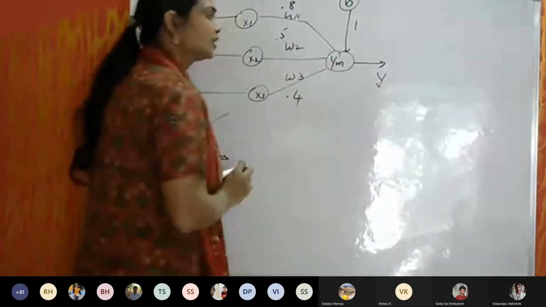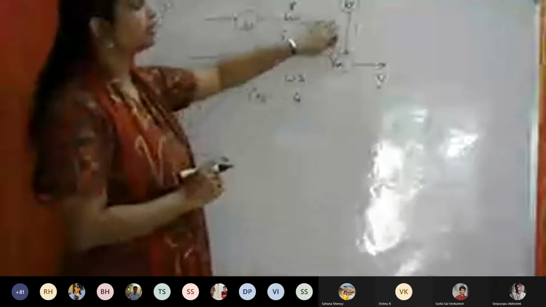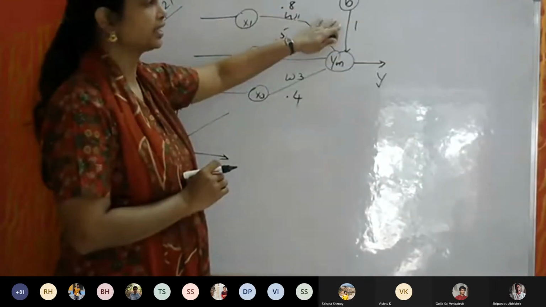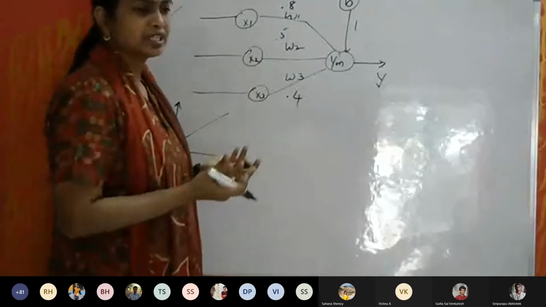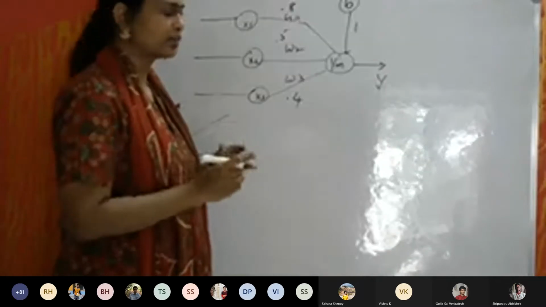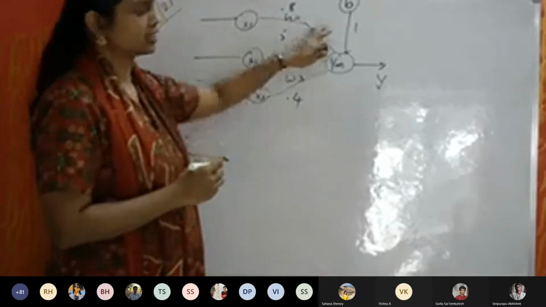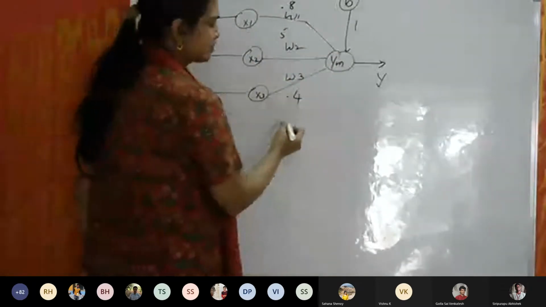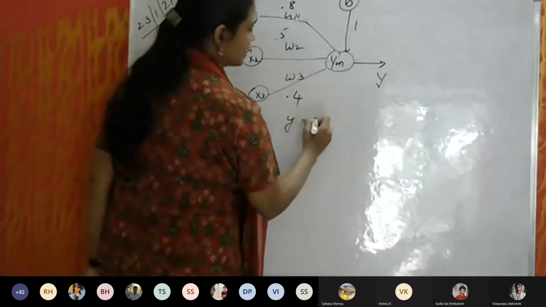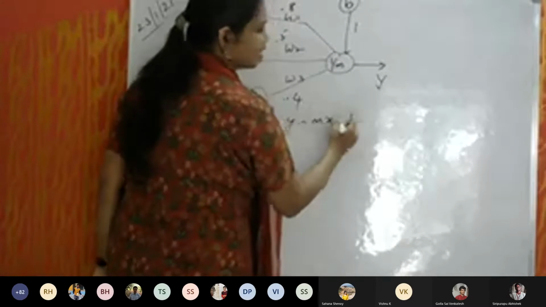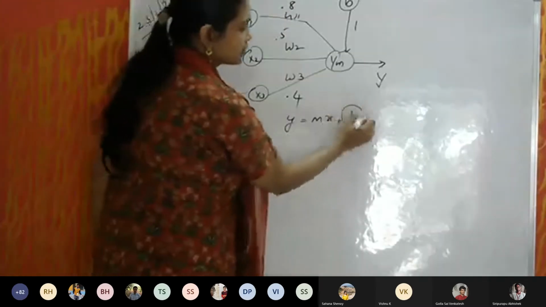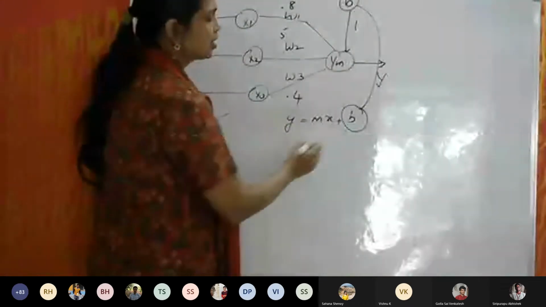And this bias input is usually 1, weight also we usually take it as 1. It can be 0 or -1, whatever, but generally we prefer 1 or -1. It is something similar to your y equal to mx plus b, that straight line, or c, the y-intercept. So this b and this b is similar, you can assume.